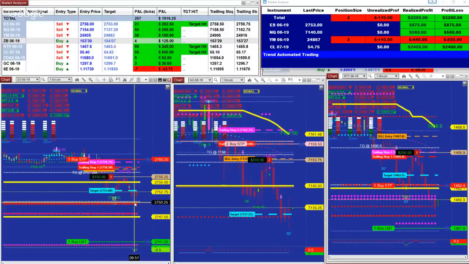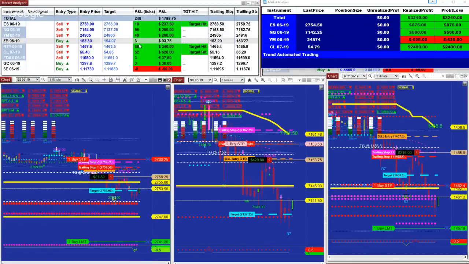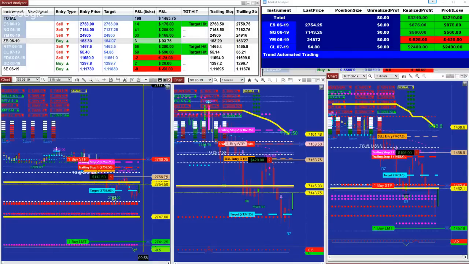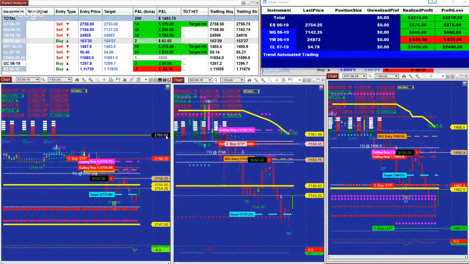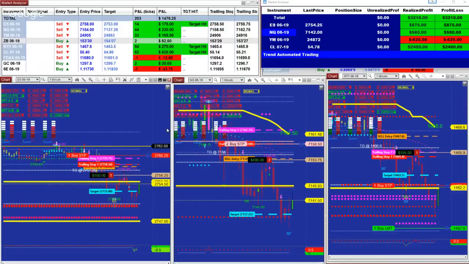It is the 2750-25. As we see here from the market analyzer, based on one contract, at the moment we are 210 ticks into the profit, and the day is still very early,